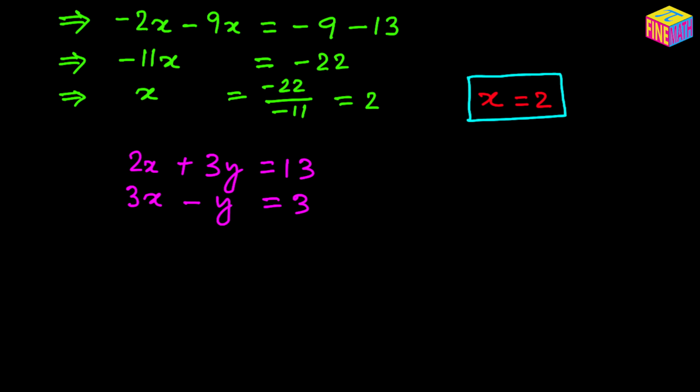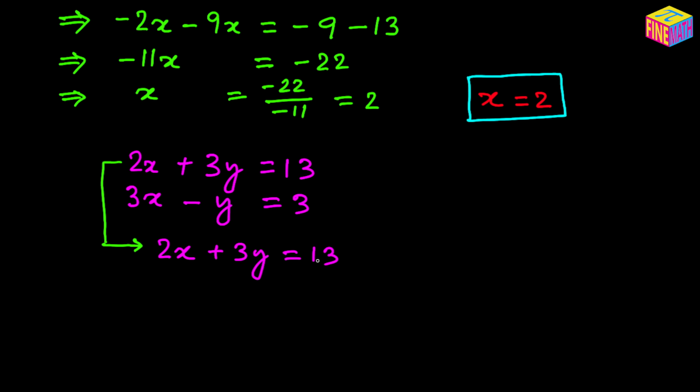So from each of these equations now we're going to find out the value of x in terms of y, right? Because we have already solved for x, now we have to solve for y. So we have to find out the value of x in terms of y, and then we'll compare those values for equality. So from here we can say, okay, so we had 2x plus 3y